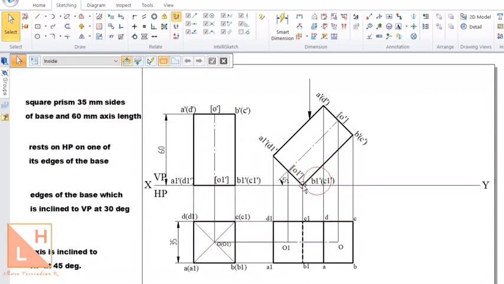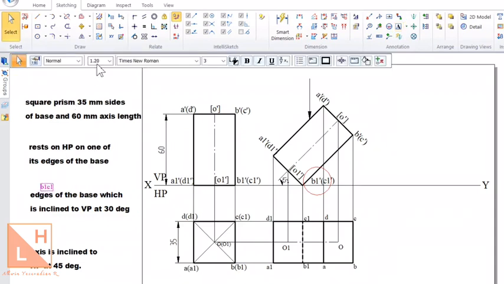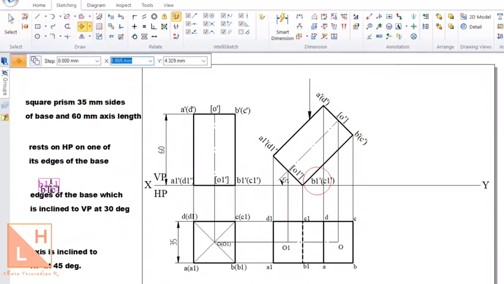While rotating the front view, we made sure that the edge that is on the right is still on the XY line. So the one that touches the XY line in VP is the resting edge on the horizontal plane. So the resting edge here is B1 C1. We need to incline this B1 C1 at an angle of 30 degree with VP. The angle given with respect to VP will be visible and will be drawn on the horizontal plane. Let us check the length of that edge B1 C1 in the second position, because if the length has changed in the second position, then we need to find out the beta angle.